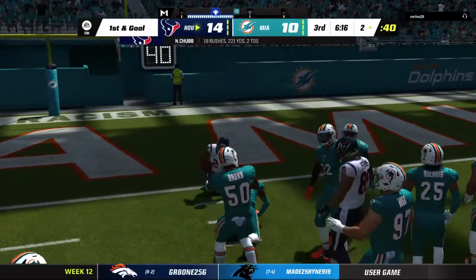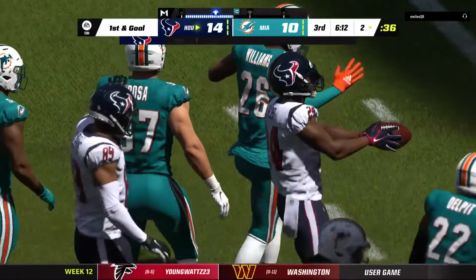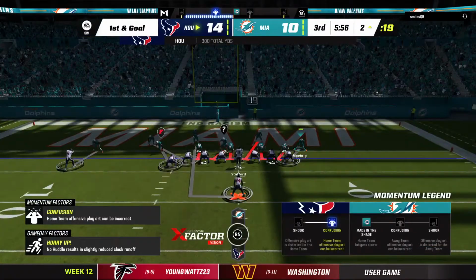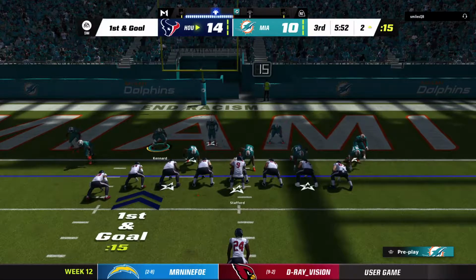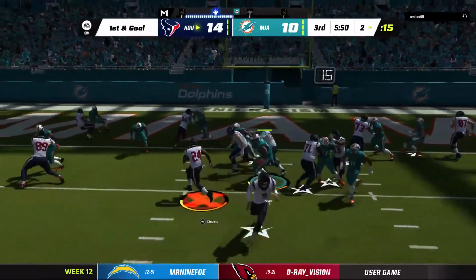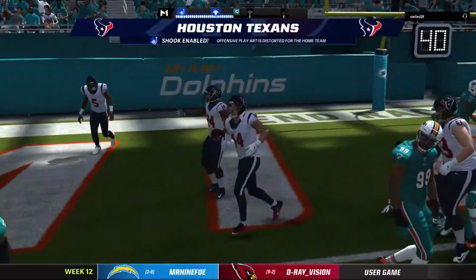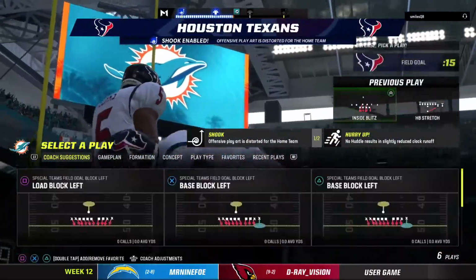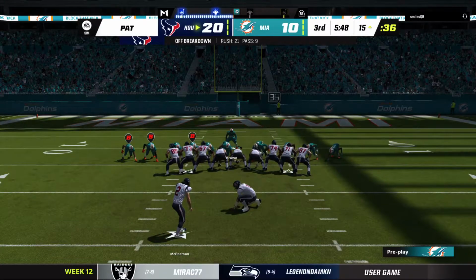And they corral him just a couple yards shy of the end zone. 17 more yards on that one as they keep the drive rolling. 2 big plays in succession. Not sure this D knows what hit him, but now they've got to get ready. It's 1st and goal. Chubb. Touchdown, Houston. Some good running there at the end of the drive. He had the burst that set up the 1st and goal, and then 1 play later, he's in the end